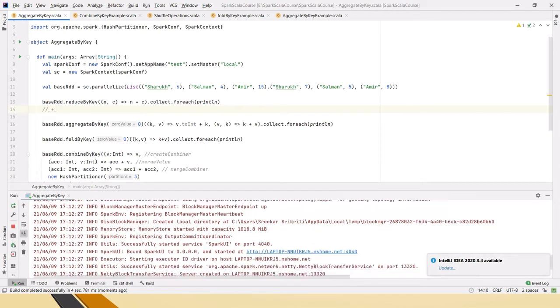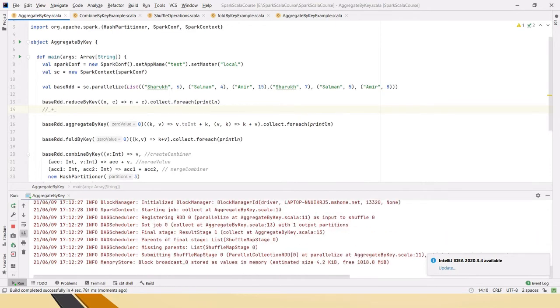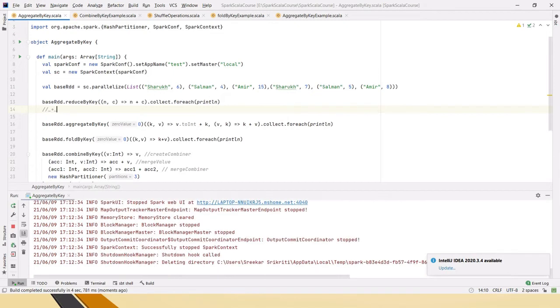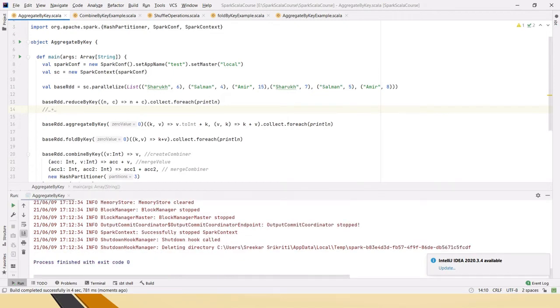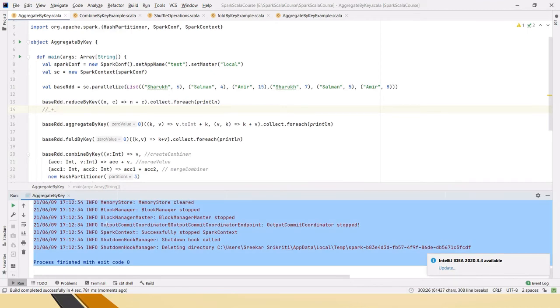Purposefully I am not pasting this code in the comments or anywhere in the description, because you should freeze the screen and type it on your personal laptop, that way only you will get very good hands-on. So I am just copy pasting this to a text pad for better viewing purposes.